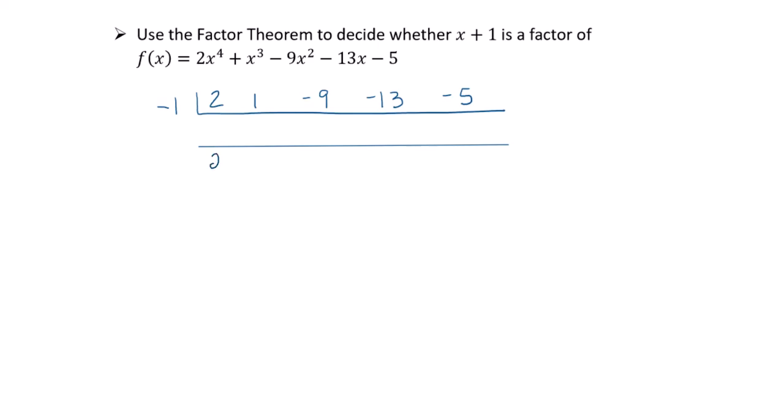We carry down the 2, so we have a number to start with, and then multiply up, combine down. Multiply up, combine down. Multiply up, combine down, multiply up, and combine down. There is our remainder. The remainder is 0. That tells us that negative 1 is a zero of the polynomial. So by the factor theorem, x plus 1 is a factor